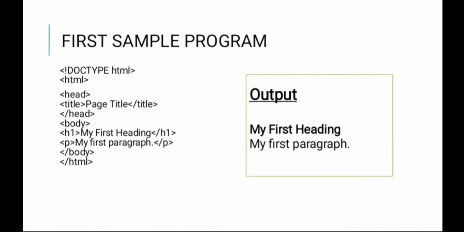In this program, inside the opening and closing body tags, there are two tags. They are H1 and P. The H1 tag is used for printing the heading. There are 6 levels of headings in HTML, and H1 is used to define the most important heading and H6 is used to define the least important heading. Here we are using the H1 tag, which is for printing a heading, and the next tag is the P tag. The P tag is used for printing a paragraph in our document.